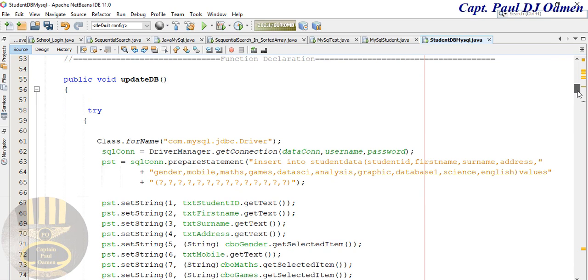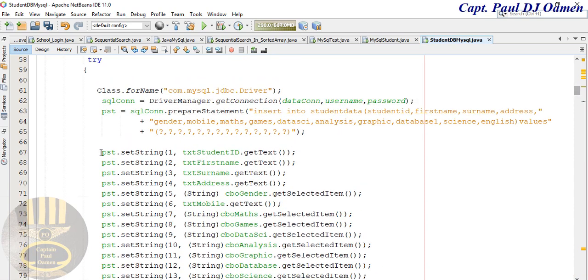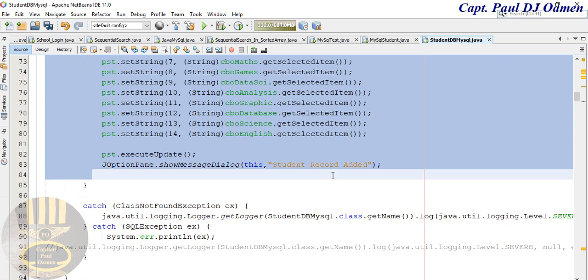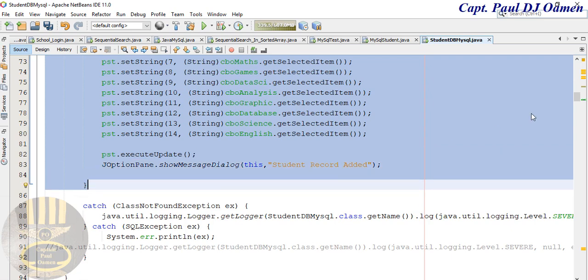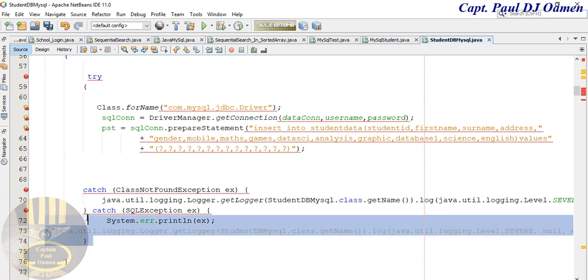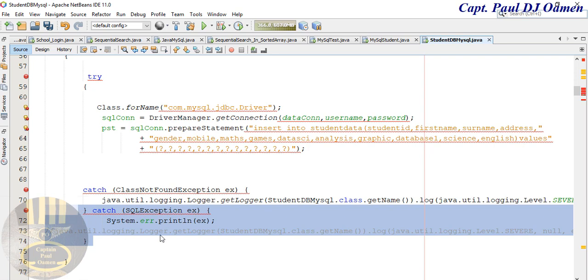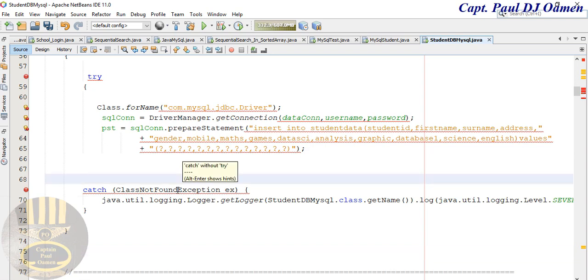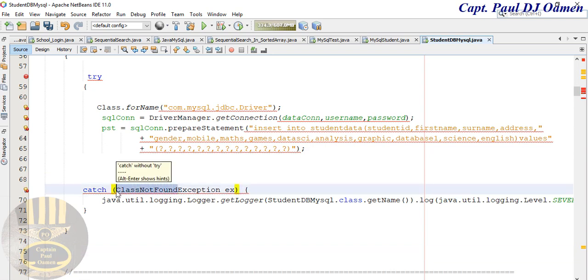Let's come right here and I'm going to delete from here. I don't need all of this. Let's get rid of all of this, everything here. Come right down here. Yeah, get rid of that, and I will also get rid of this. No, just from here down here. Right. And what else do I not need? I want to get rid of all of this, and maybe